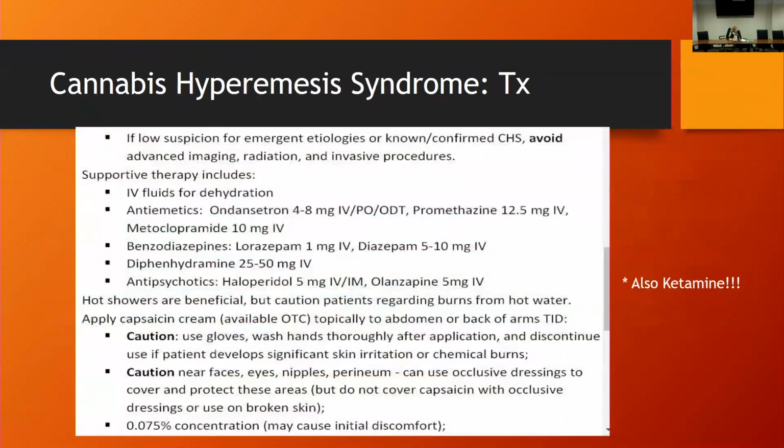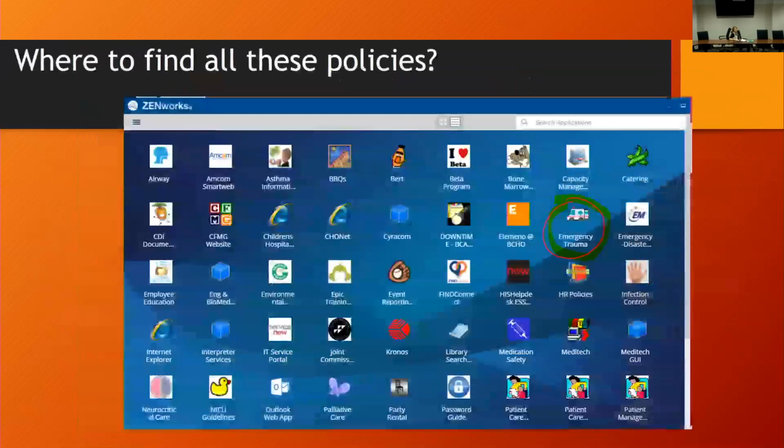That really calms them down. And now ketamine, I guess, ketamine's used for everything. And then the capsaicin cream, our pharmacy doesn't have it. It's sold everywhere, I know it is, but for our ED to put it on, it doesn't have it. Anyway, so that's it. And ketamine at the